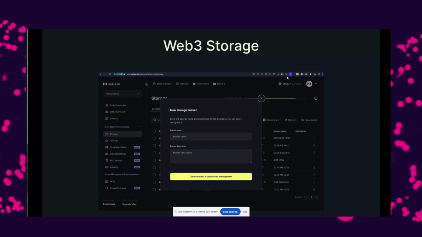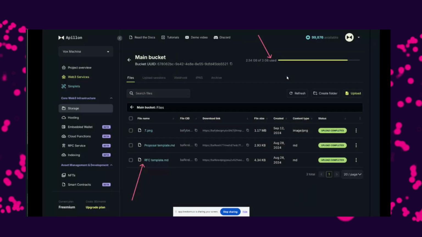storage. As you can see, it's built on top of Crust. Crust is utilizing the underlying protocol IPFS, which is a decentralized storage solution. If you want to use our storage, you come to our dashboard, click storage, create a bucket, and you can immediately start using it. Once you click on the bucket, you can choose to upload, which means dragging and dropping files.